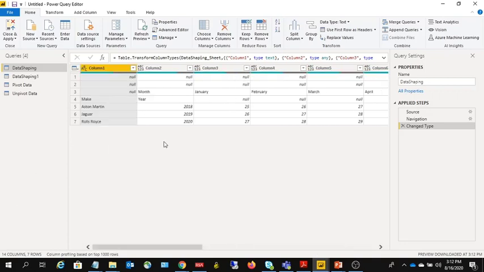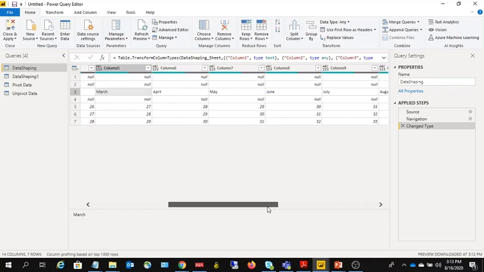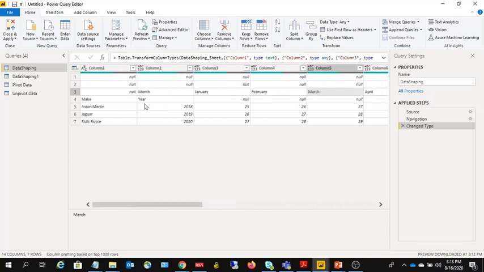So first we are identifying what the actual columns are and what the actual names are. If you look at this, make is an actual column name, and Aston Martin, Jaguar, Rolls-Royce is actual data, right? Now we need to identify the other columns: January, February, March are data, but they are displayed as columns, and there is one more column called year.